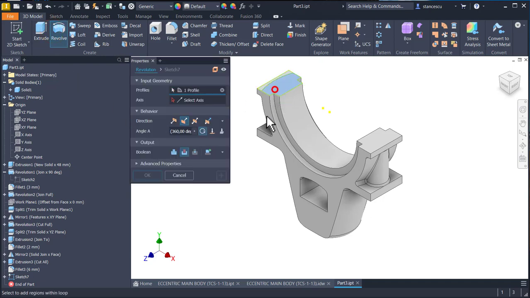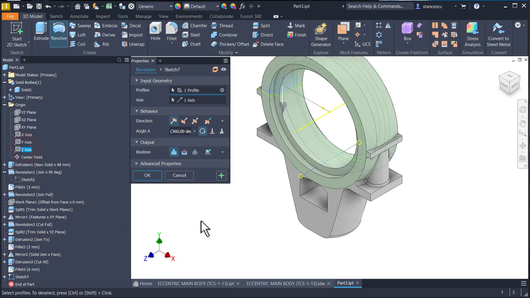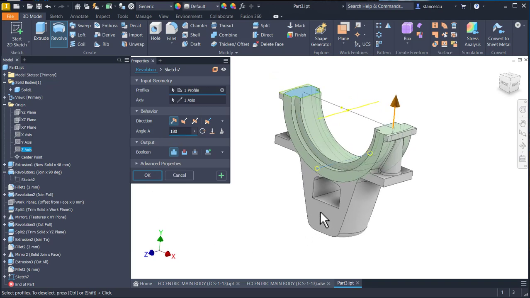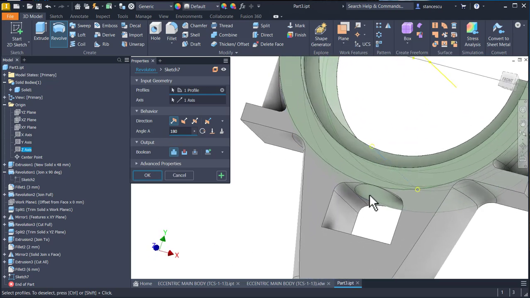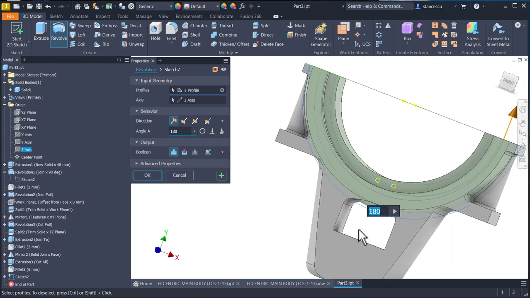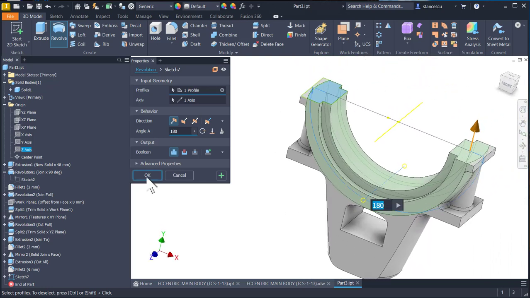for this area about the Z axis, not full circle but 180. This will create that protrusion inside the cut. Okay,